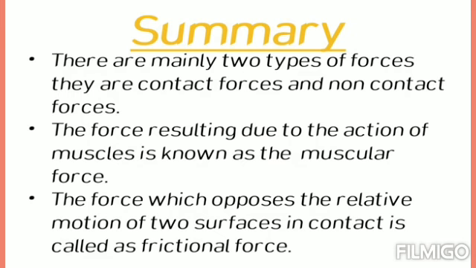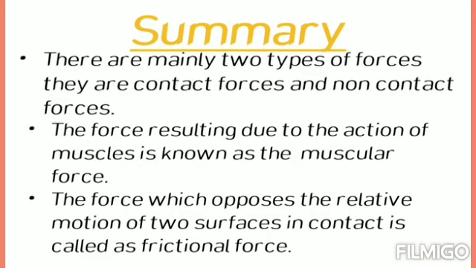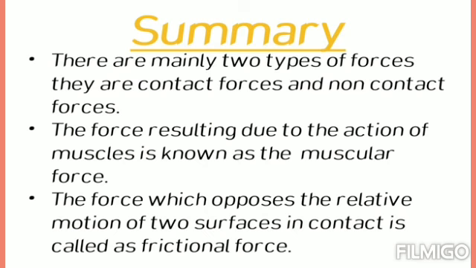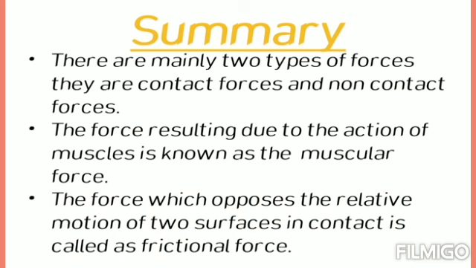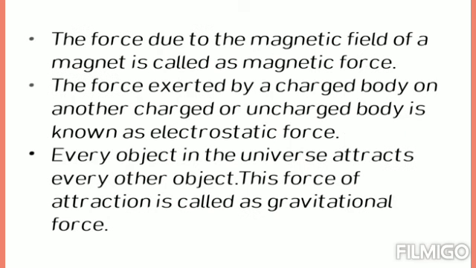So in today's class we have studied that there are mainly two types of forces. They are contact forces and non-contact forces. The force resulting due to the action of muscles is known as muscular force. The force which opposes the relative motion of two surfaces in contact is called frictional force. The force due to the magnetic field of a magnet is called magnetic force. The force exerted by a charged body on another charged or uncharged